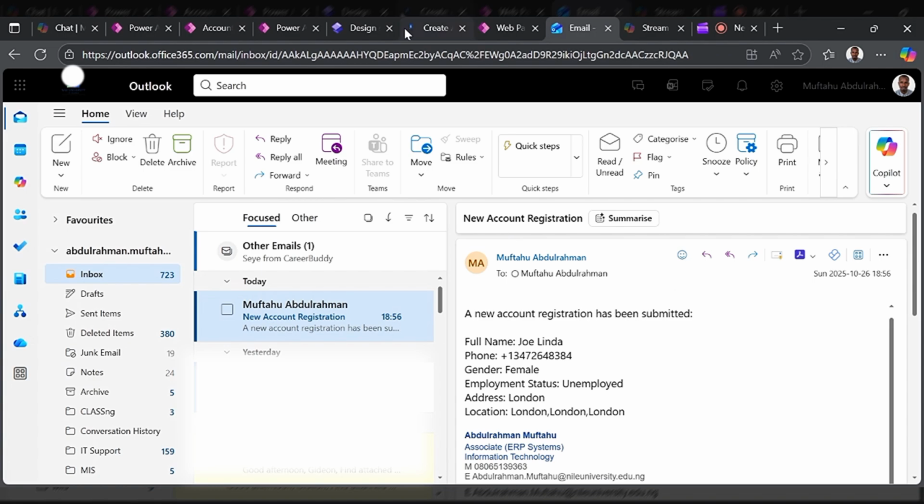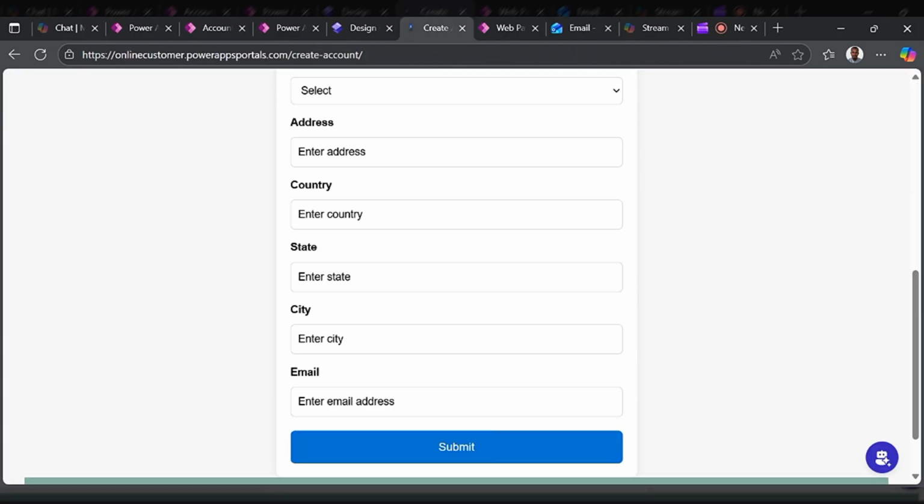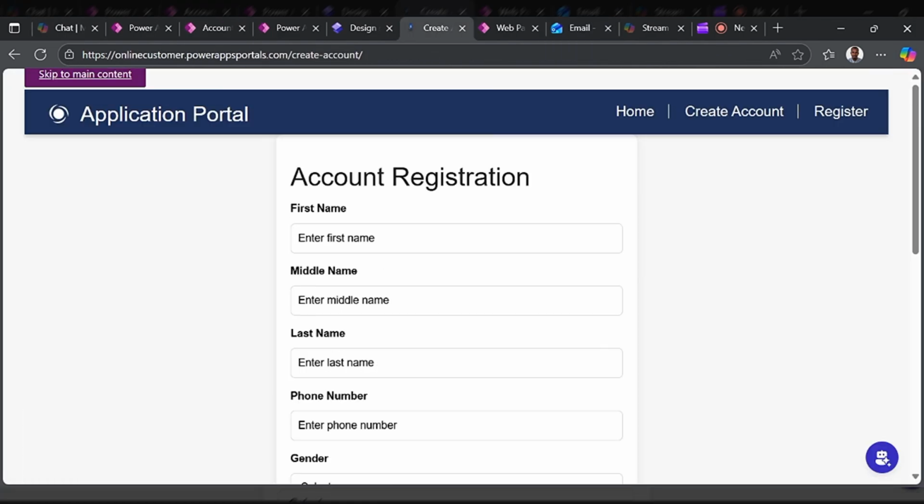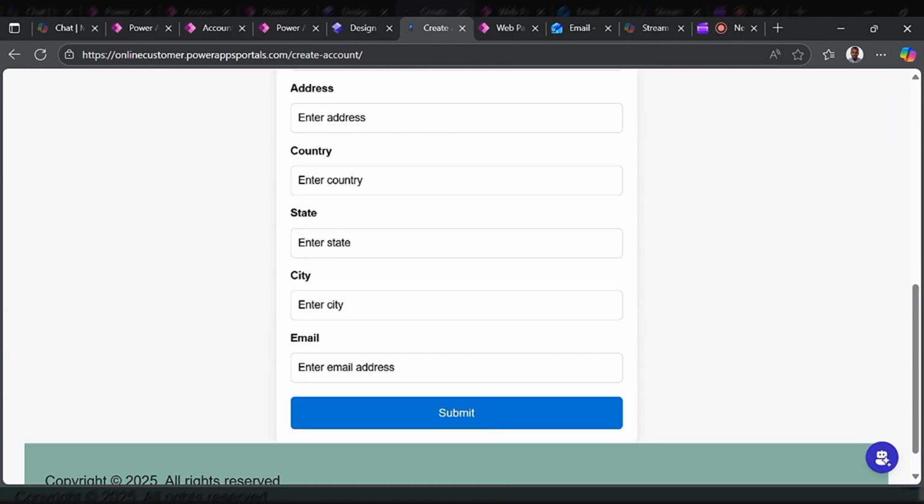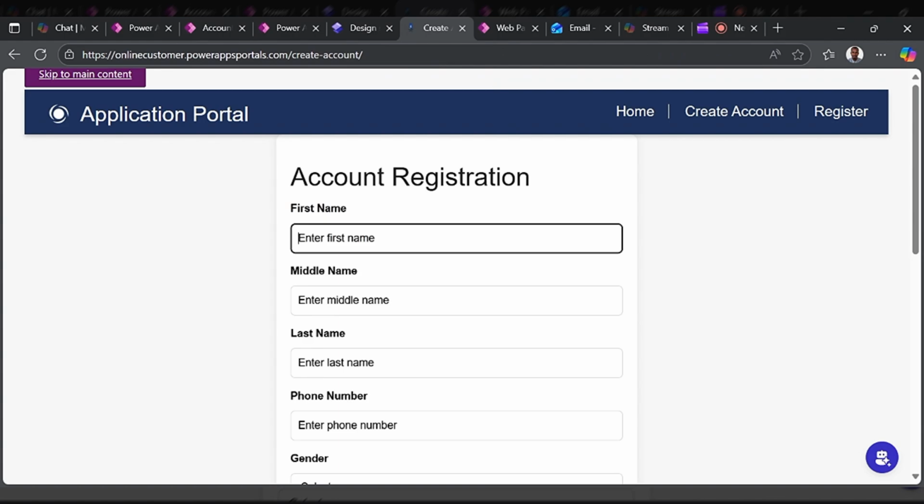So, this is how the whole flow works. When a user submits a form, the form triggers the workflow and a record is created. Now, other features that we've implemented: when you try to fill in the form, let's fill in this one